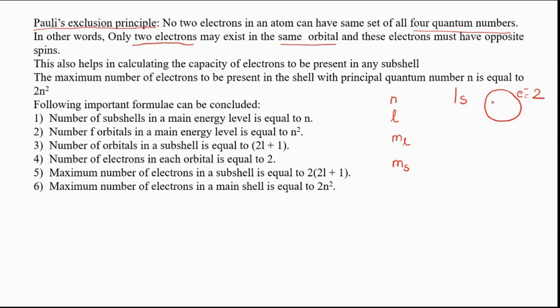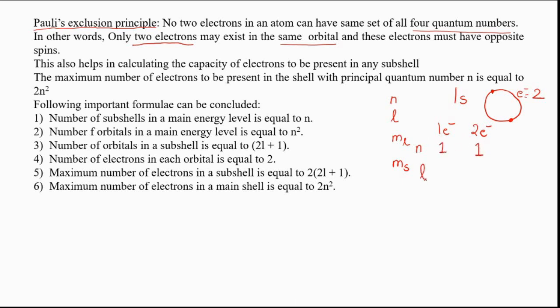Now I know that there are two electrons in the 1s orbital, right? So I've drawn these two electrons. Now let's look at the various quantum numbers that these electrons will have. Although we cannot actually differentiate the two electrons, we look at the quantum numbers they take, so we are just differentiating them. So n is equal to 1 for both of these.